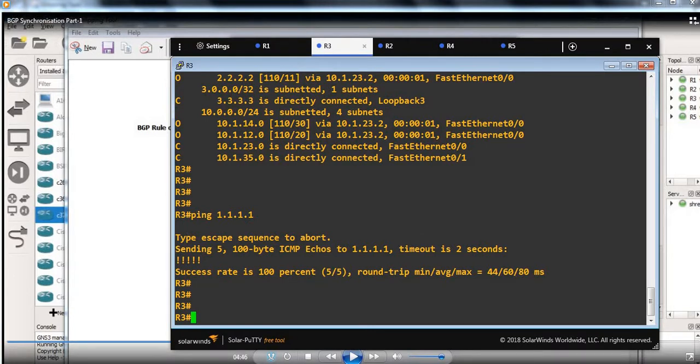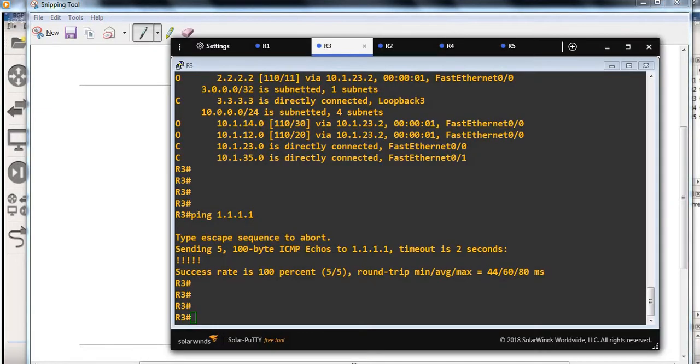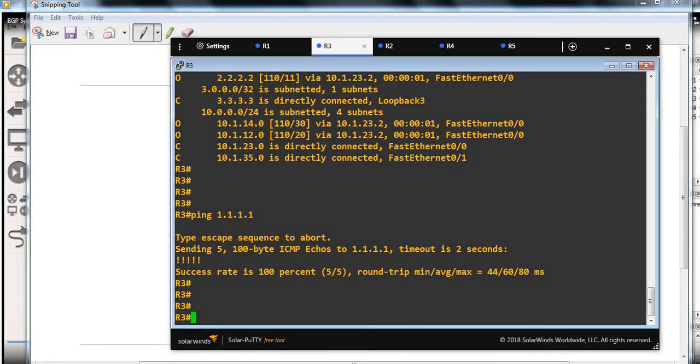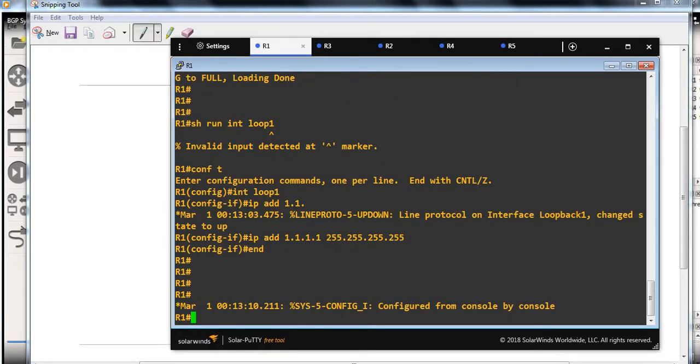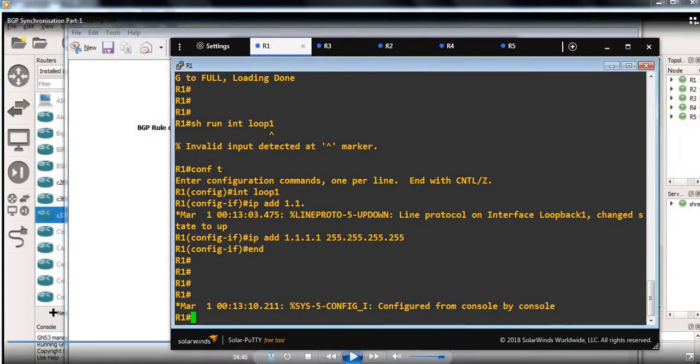Okay, so far we have configured router 1, router 2, and router 3. Now let's start configuring the eBGP first. So what we will do is we will configure the eBGP first between router 1 and router 4, and then we are going to advertise this network into BGP, right? Okay, let's do that. I'm on the router 1. Let me see my topology here. On router 1,